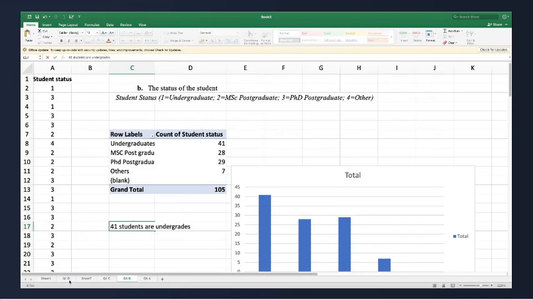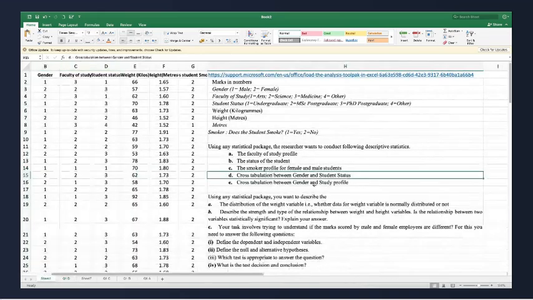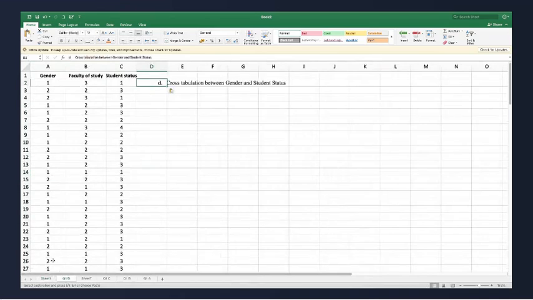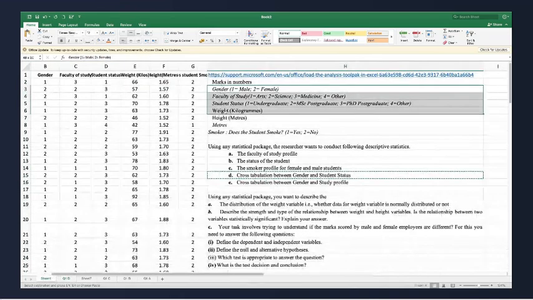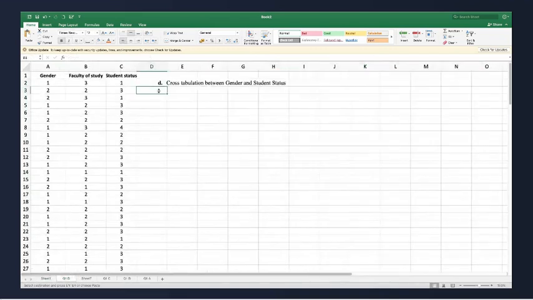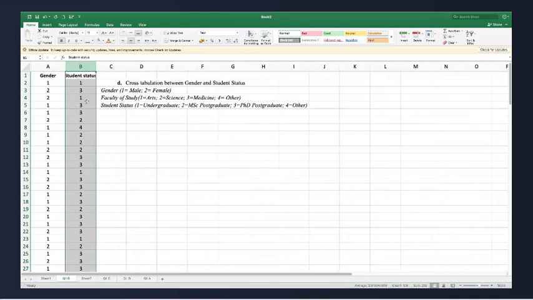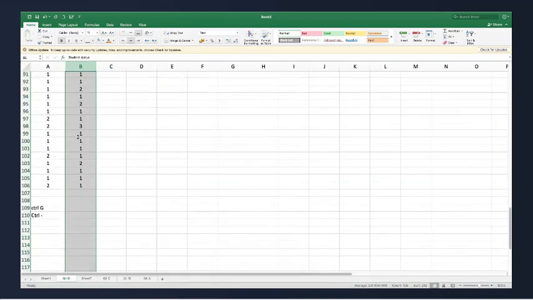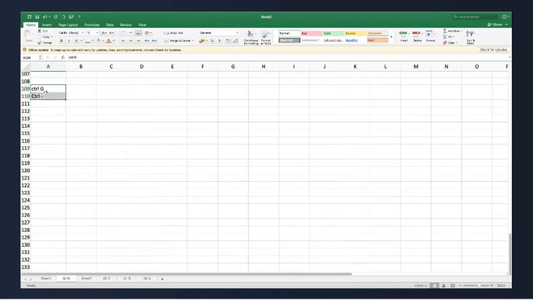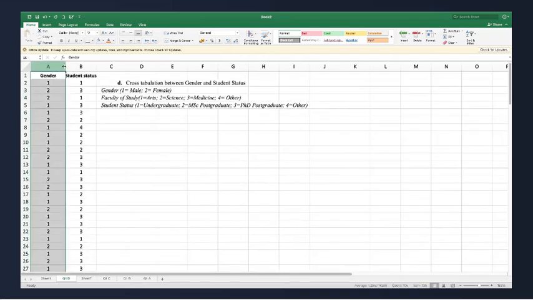Okay. Now let's understand this task number 4, that is cross tabulation between gender and student status. Fine. Now again I will select these two rows.